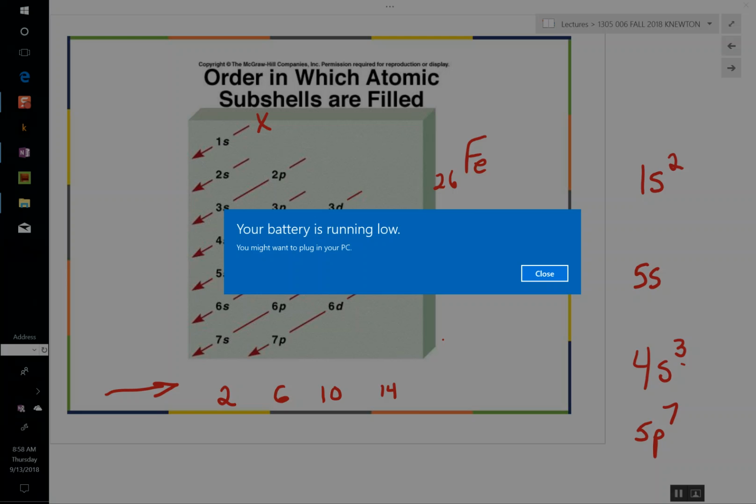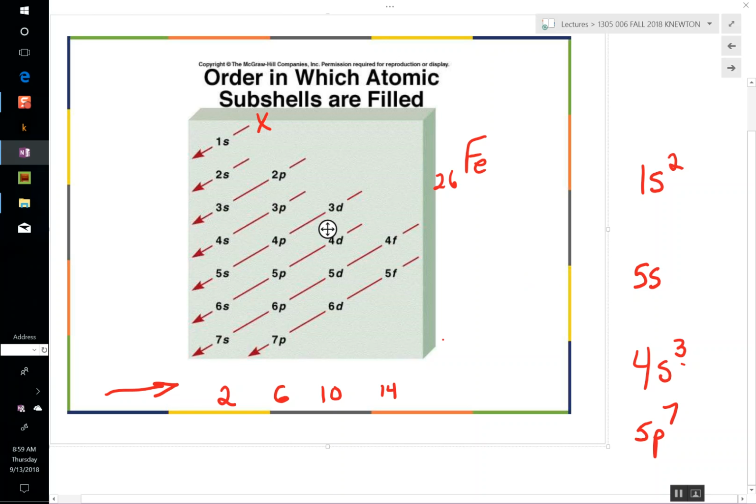Say that a little louder. Are you going to accept the shorthand for potassium if we put argon? Probably. 1s1. Probably. We'll talk about that in a little bit. Where you can shorten rubidium. Your name is Andre. What Andre's talking about is you can see that